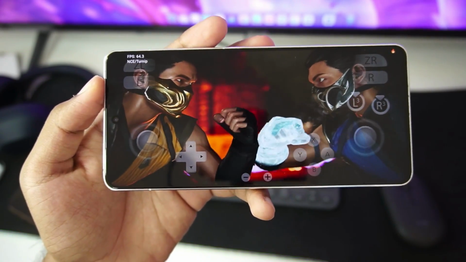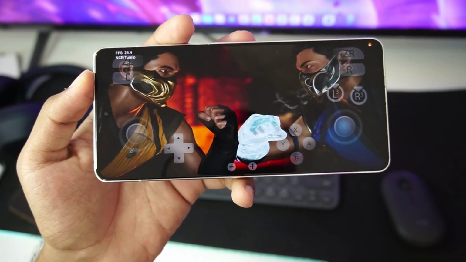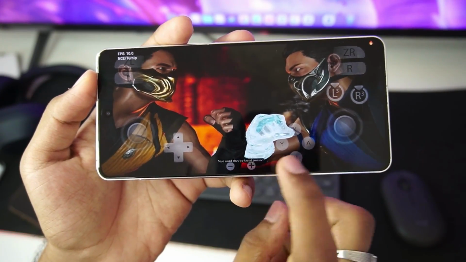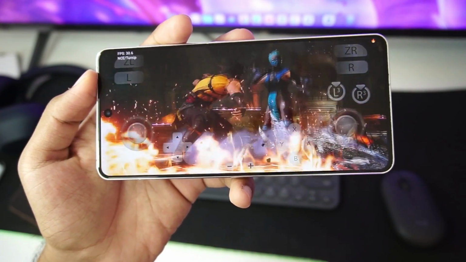And if you want to play Mortal Kombat 1 on Sudachi emulator, you need a really high-end Android device. Nonetheless, you guys can see the graphics are pretty amazing. I'll just tap on the plus button, and then the match should successfully start. Okay, there are some stuttering issues as you guys just saw, but